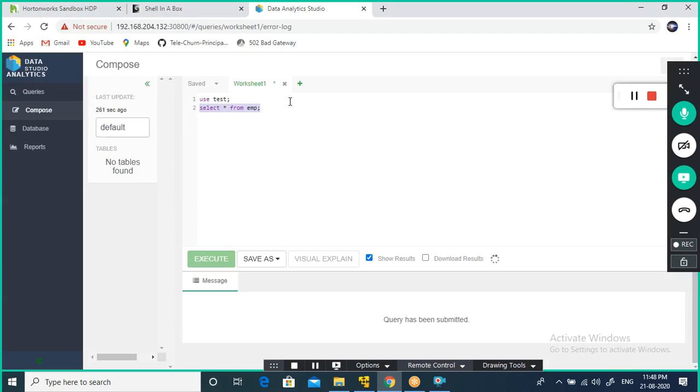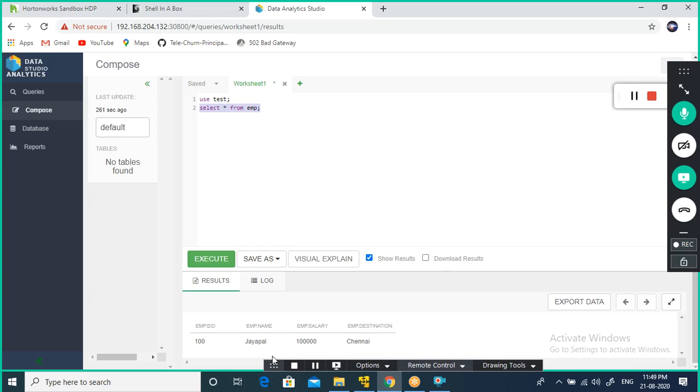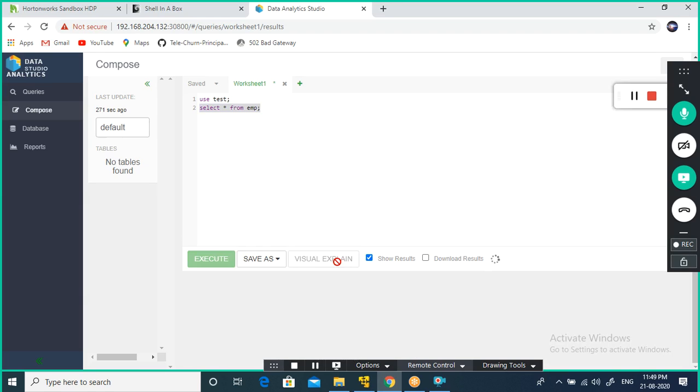But anyhow, this Sunday evening I will let you know. Look here, the data got fetched. Only one record is there: employee name, employee ID, employee salary, Chennai. That's all.